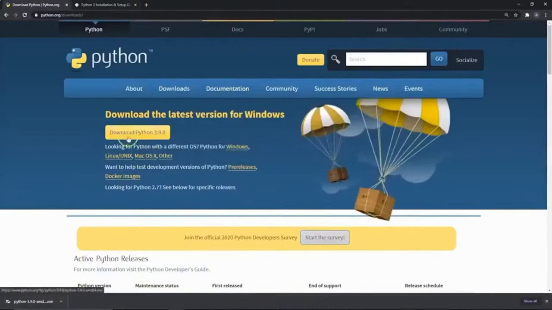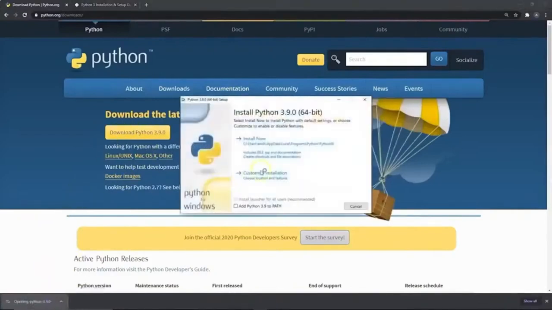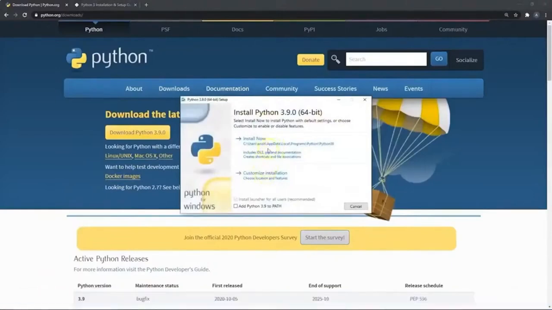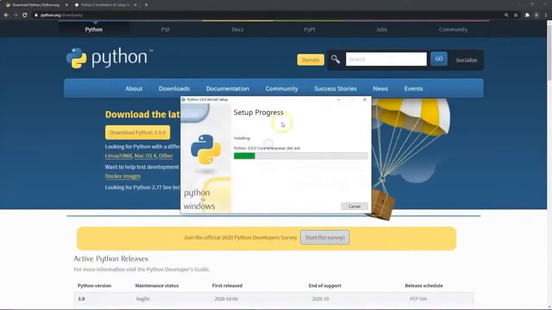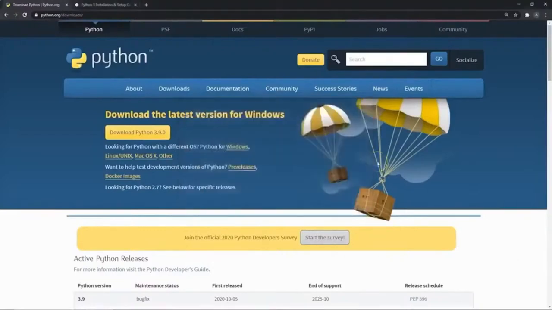So once you select the option out here, you'll get an installer. All you have to do is click on that, and it'll give you two options: to customize installation or install now. I would of course recommend just to install now, since you're a beginner. Do not worry about what a custom installation is. If you have multiple drives in your system, by default Python will be installed into the drive where your Windows is actually installed, your main drive. So as you can see, once my setup is done, it should give me a pop-up soon. So my setup is done for Python, and this is essentially how you would download Python on your Windows system.